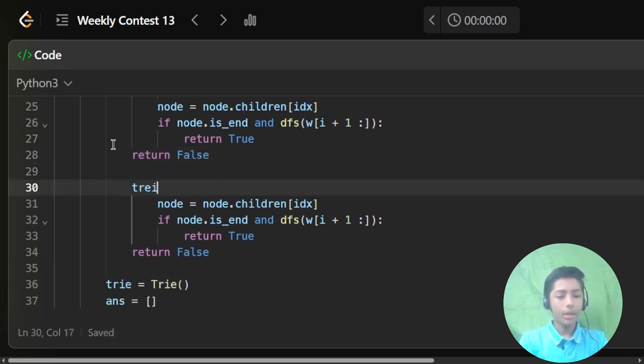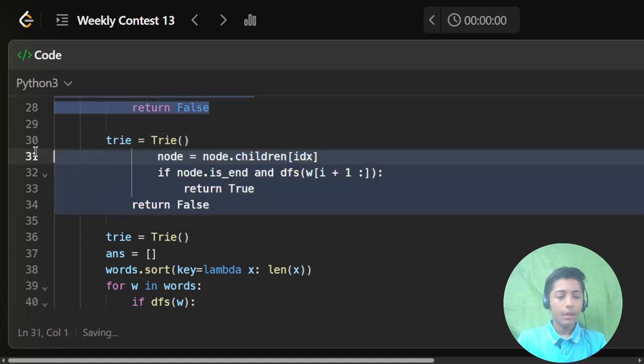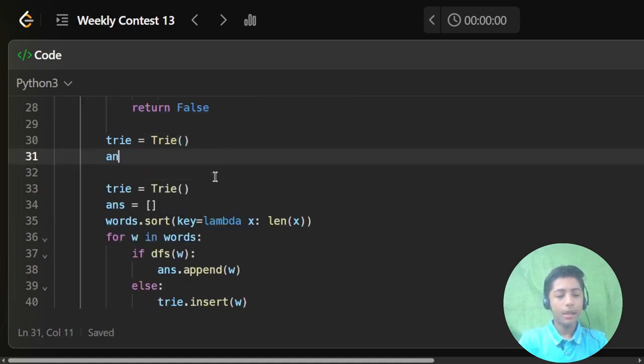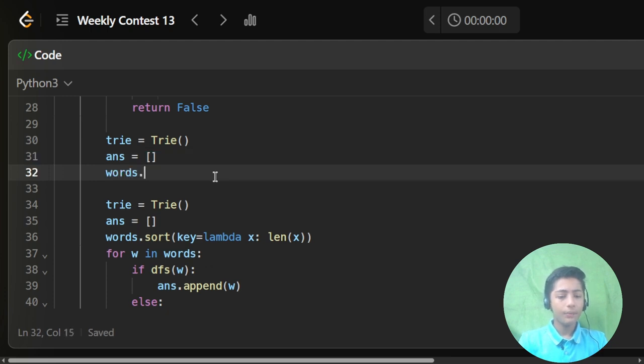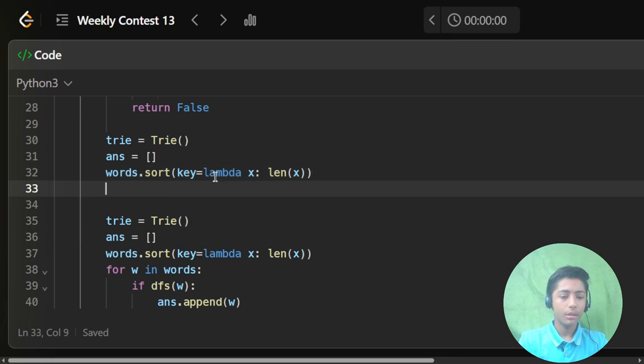Then enter, trie equals to Trie(), and then back, and then ans equals to square bracket, words.sort(key equals to lambda x: len(x)).